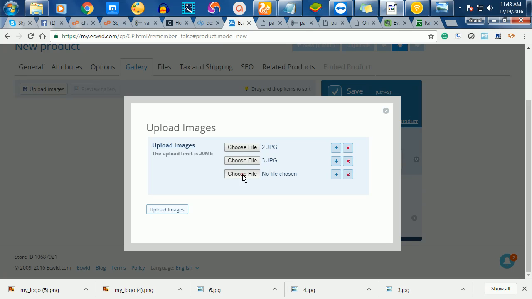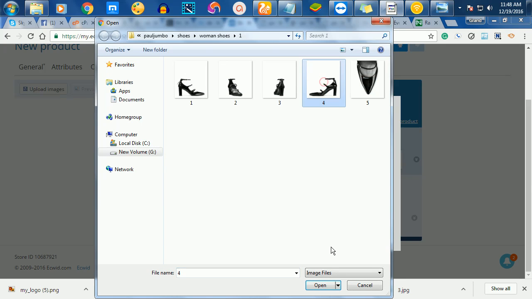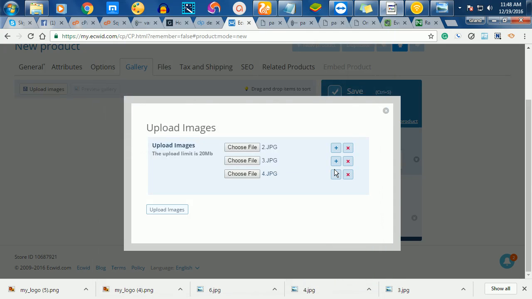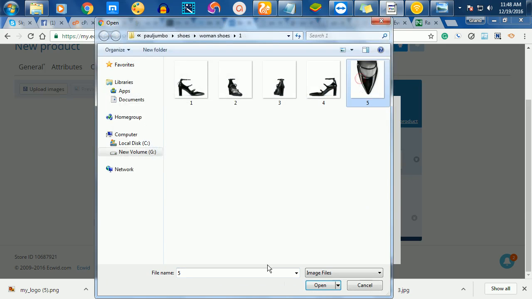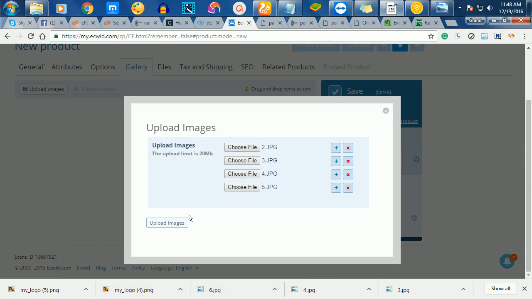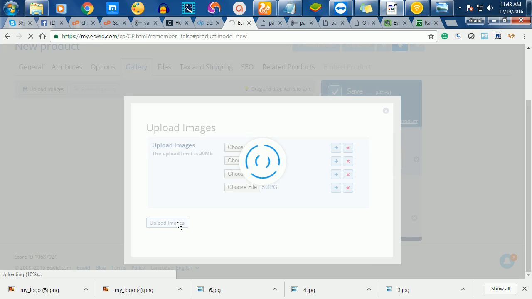Then I would add this again, which is 3. Then let me add the last one again, which is 4. Okay, and click on upload images. Now once you upload your image, usually it takes a few seconds. So once you are done with uploading your images, now the last thing you do is you now add what